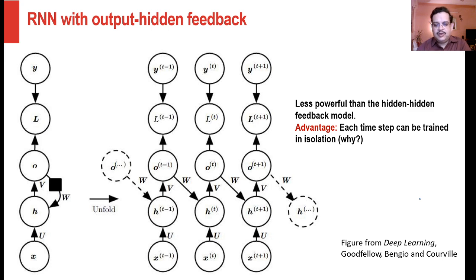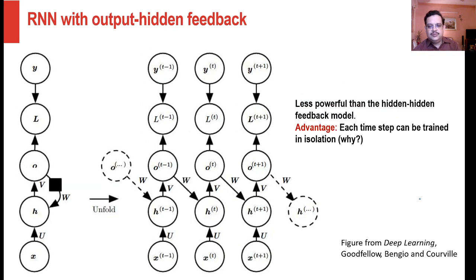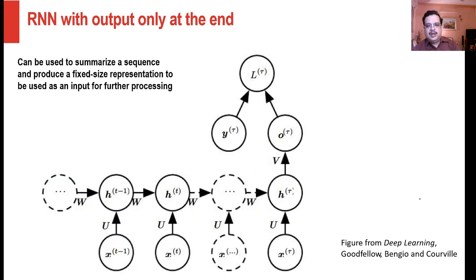And why could I not do that in the hidden feedback? So that's something that I leave you to ponder and find out. It's not difficult. And then, as we said, there are also RNNs where we compute the error only at